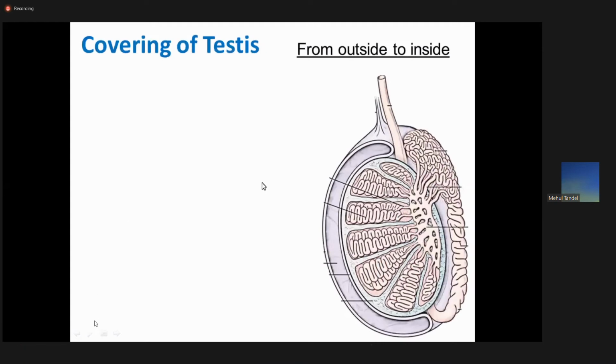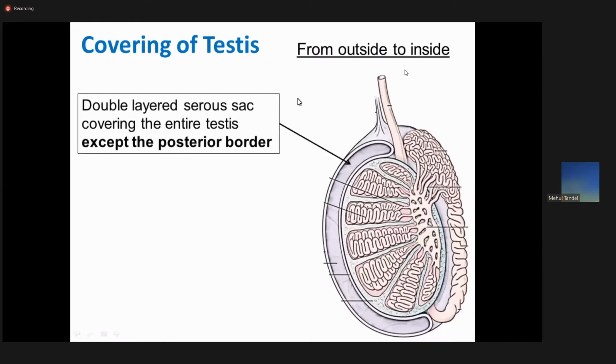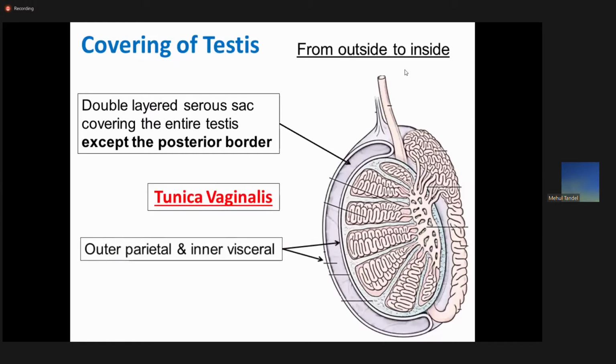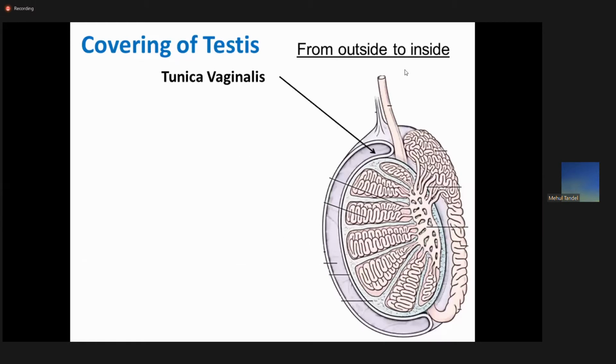Covering of the testis from outside to inside, that we have also discussed in detail. Outer, it is covered by a double-layer serous sac all over, except the posterior border. This double-layer serous sac covering the entire testis except the posterior border is known as the tunica vaginalis, with two layers: outer parietal and inner visceral layer. Inside the tunica vaginalis, there is a layer of dense tissue or dense membrane that is known as